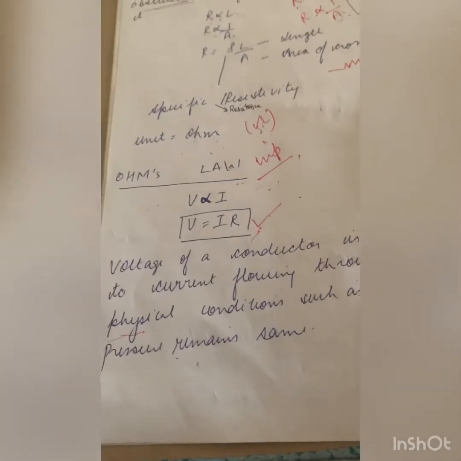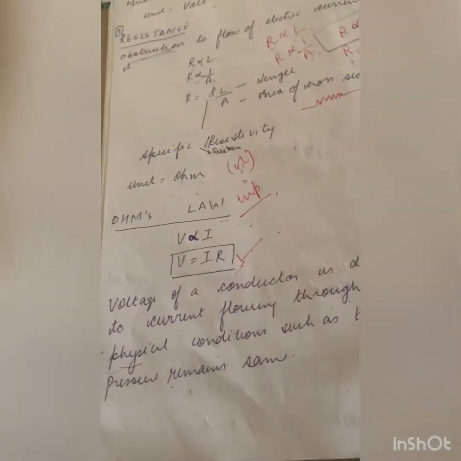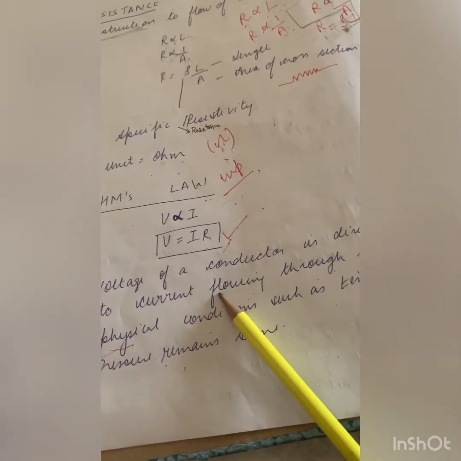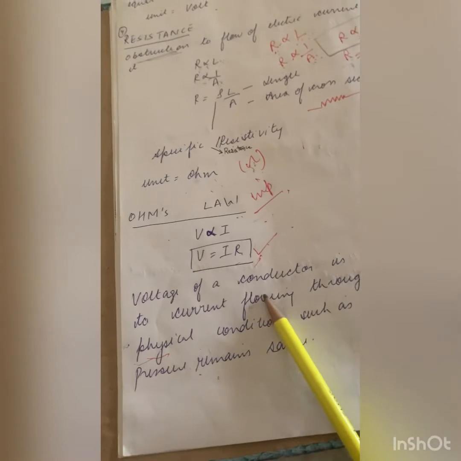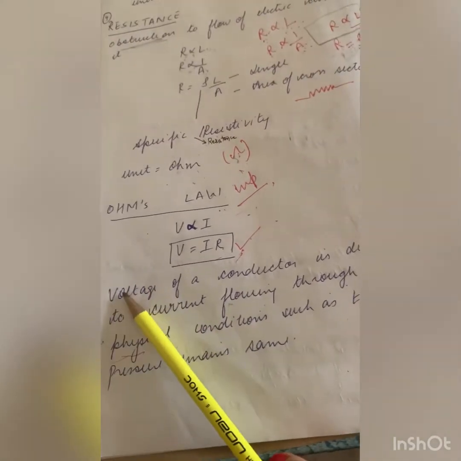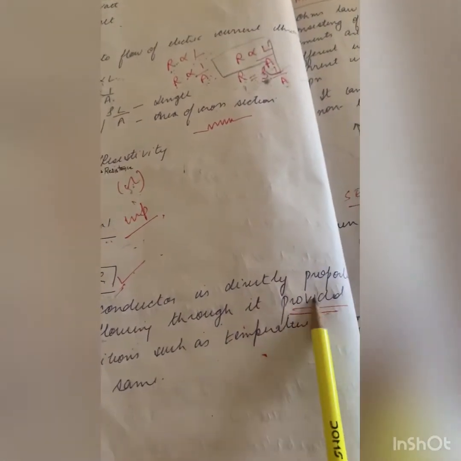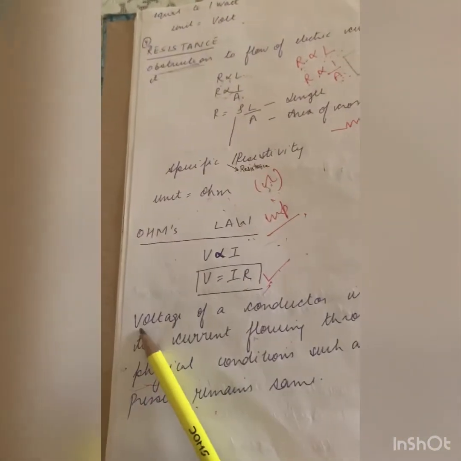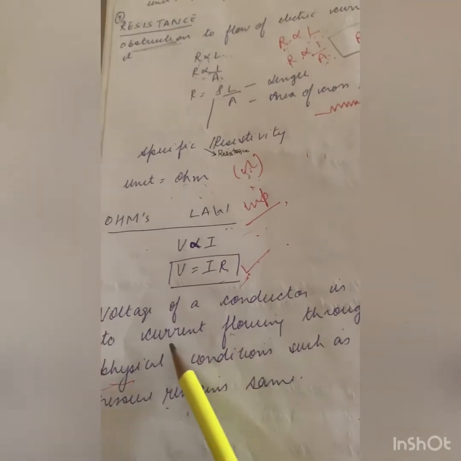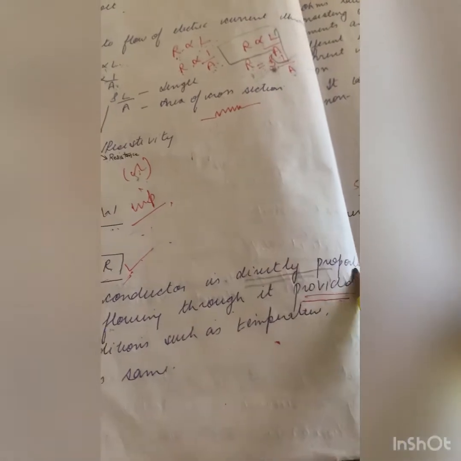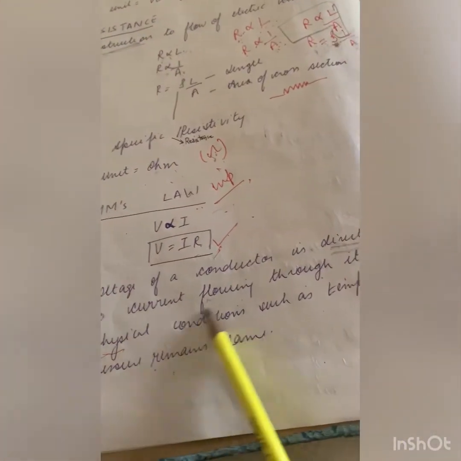Now another thing which is also very important is Ohm's law. Again, it is in a 10 marks question. Sometimes it is in a 10 marks question, or sometimes it is in a 5 marks question. This is very important, Ohm's law. Ohm's law states that voltage of a conductor is directly proportional to, again the word directly proportional is here. Directly proportional means when voltage is increased, the other quantity will also be increased. Which will be the other quantity? That we'll read now. Voltage of a conductor is directly proportional to current flowing through it.